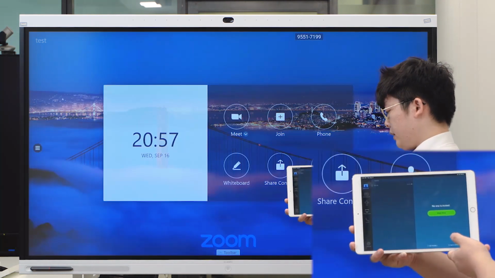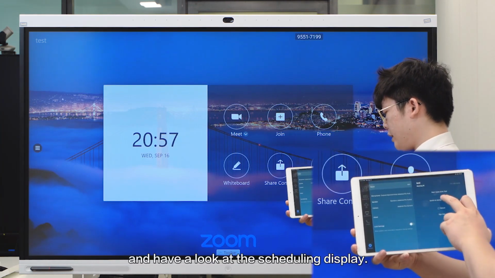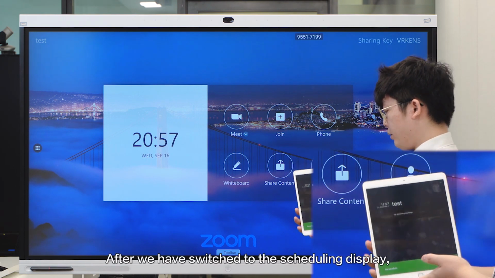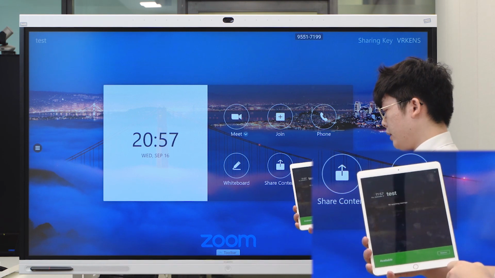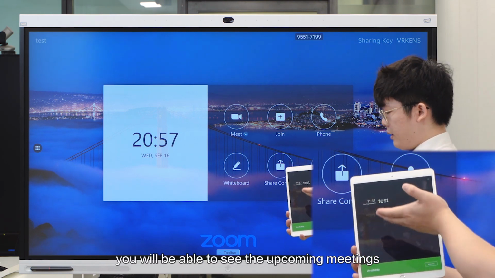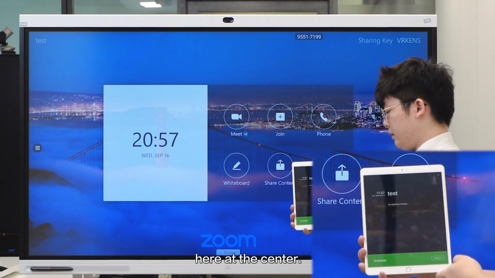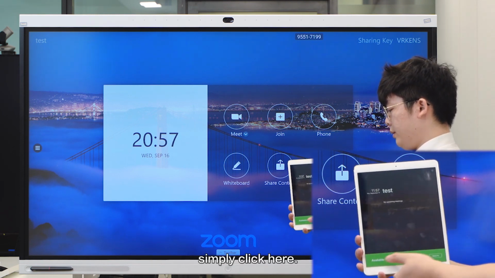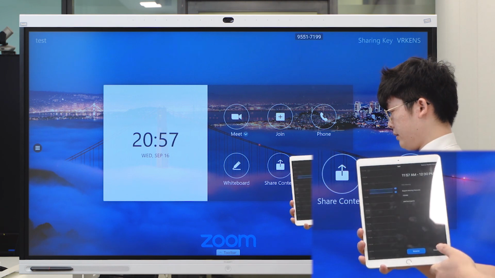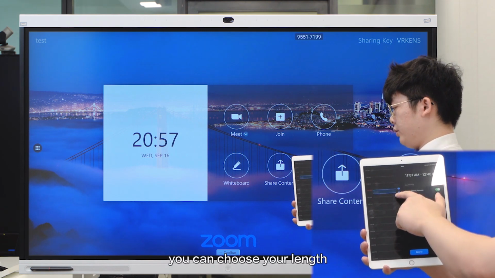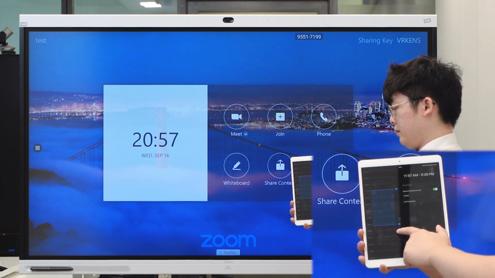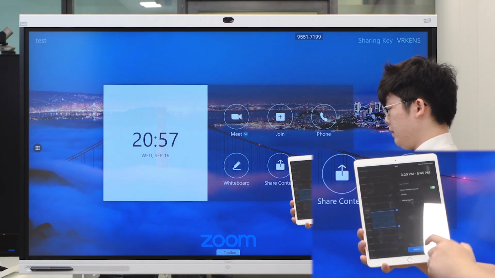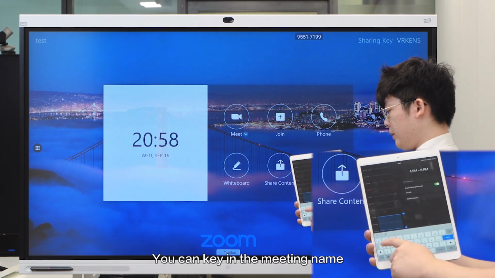Let's leave and have a look at the scheduling display. After I switch to the scheduling display, you will be able to see the upcoming meeting over here at the center. If you would like to reserve a meeting, simply click here. And then you can choose your length by dragging these two tabs. You can key in the meeting name